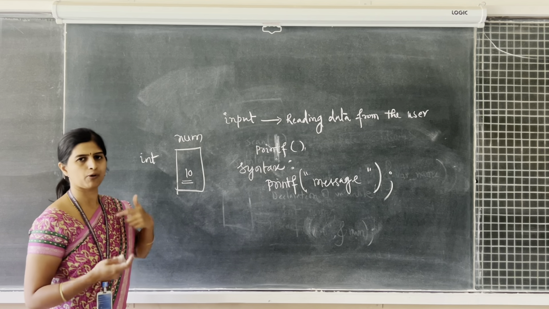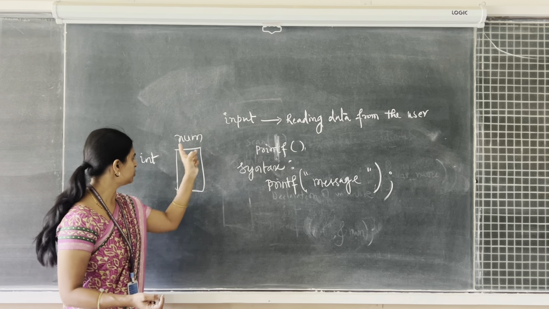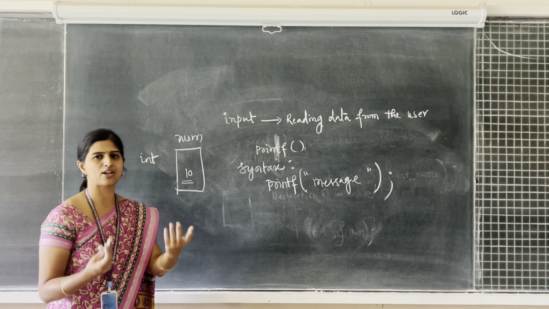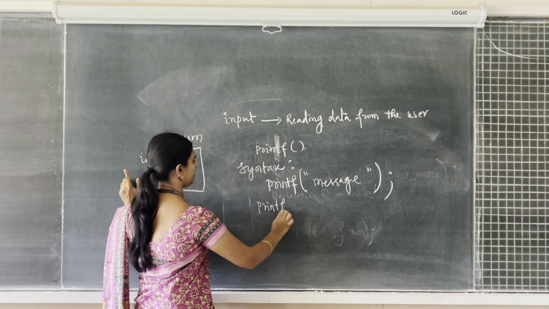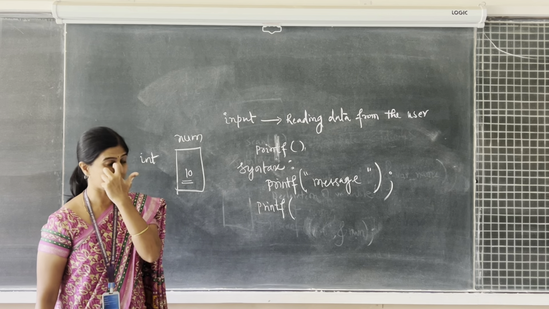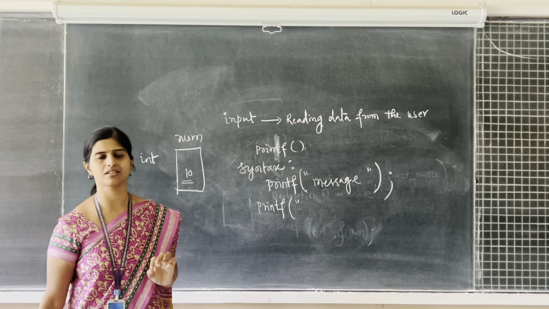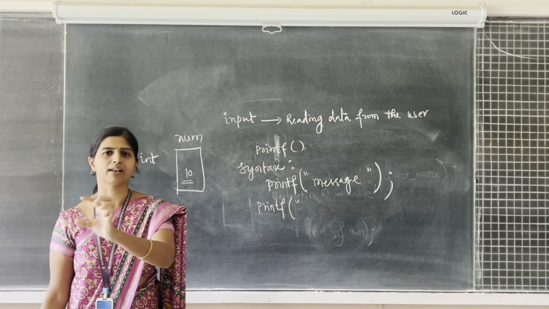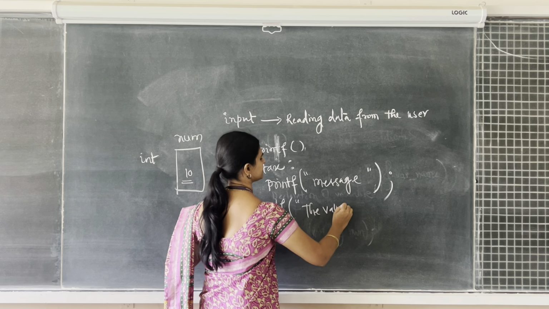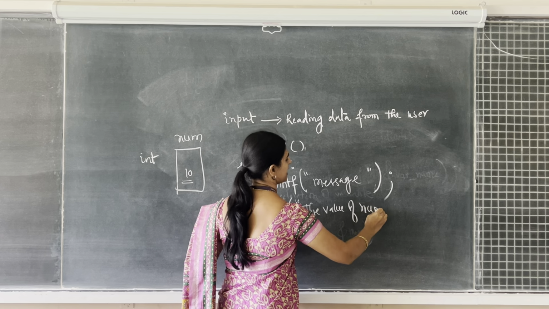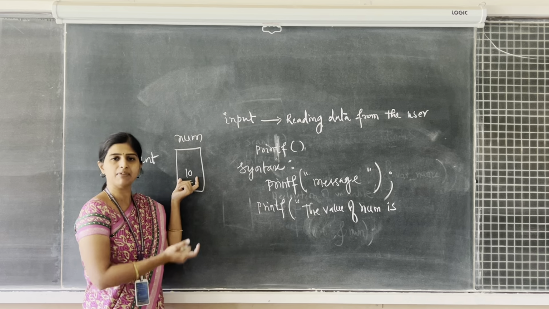So for example, now I want to display to the user that the current value of num is 10. How should I be doing it? With the help of this example, I will try to explain it. Printf, open parenthesis, then put double quotes. The first sentence is constant: The value of num is. Write that much. Next is some specific value, which at a given point of time is 10.